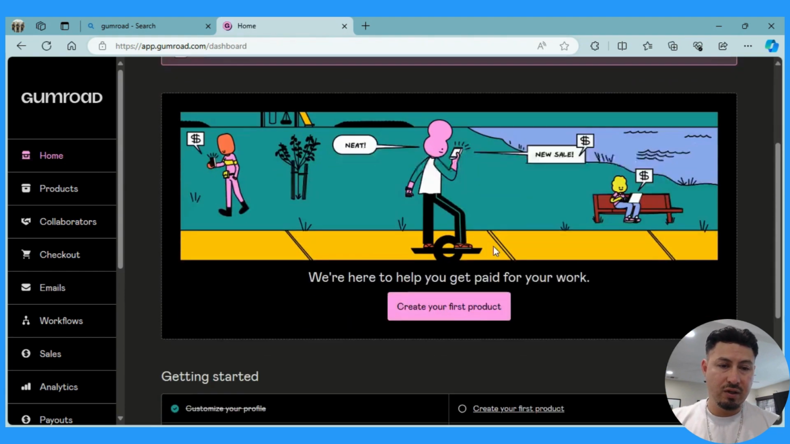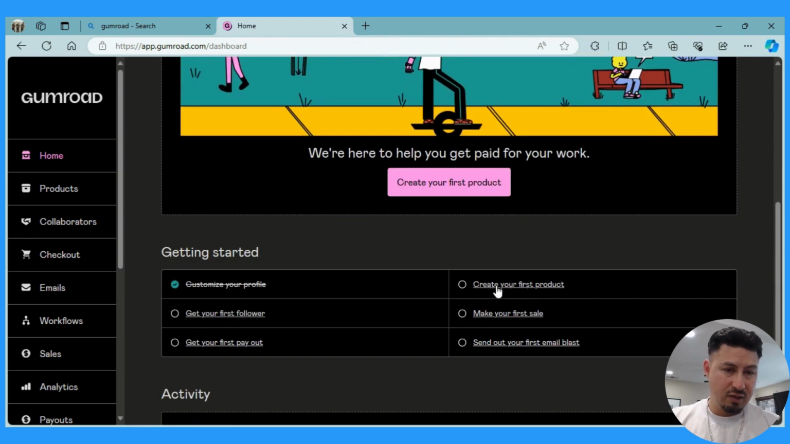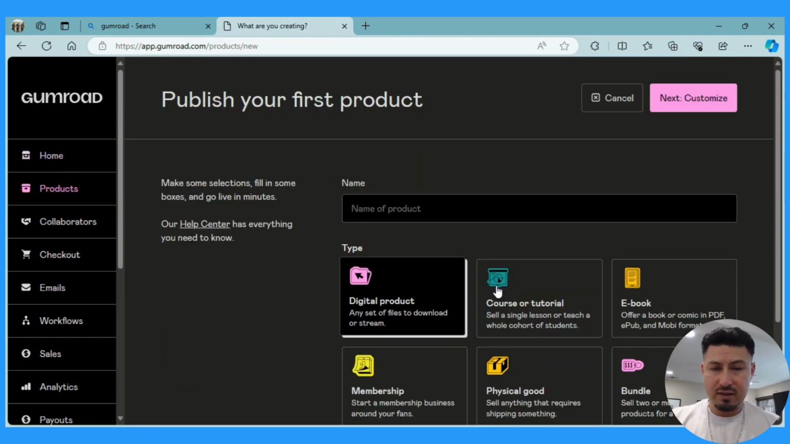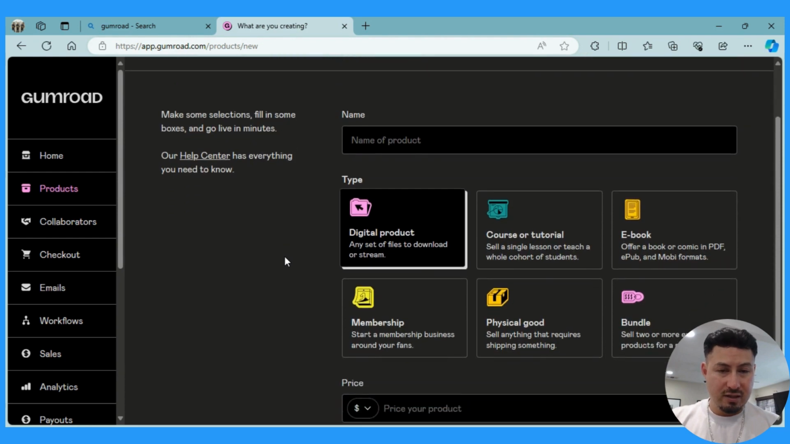We'll go to home page. We got 3 more. So now create your first product. So now you have your account set up, right? So now that you have your account set up, now we could create our first product. And from right here, you can see that you have 6 options. You could either sell a digital